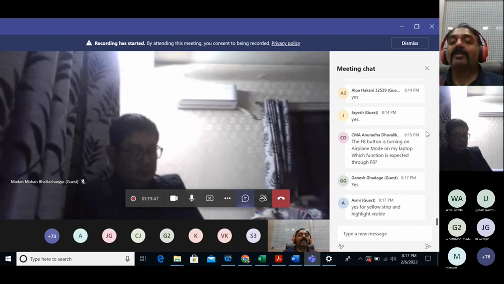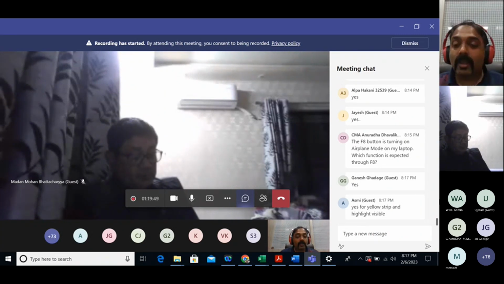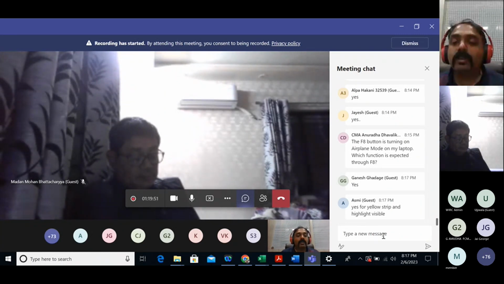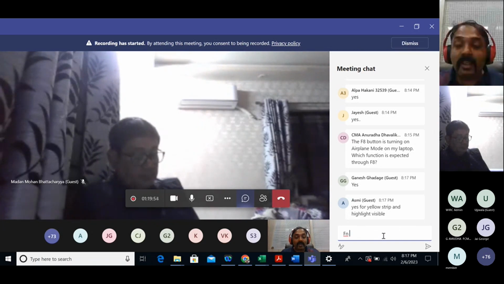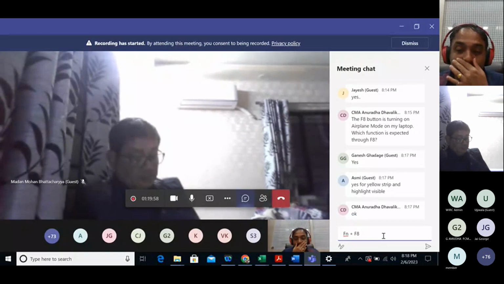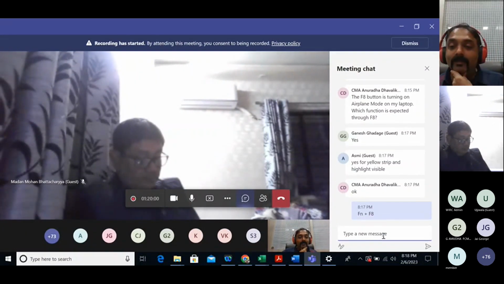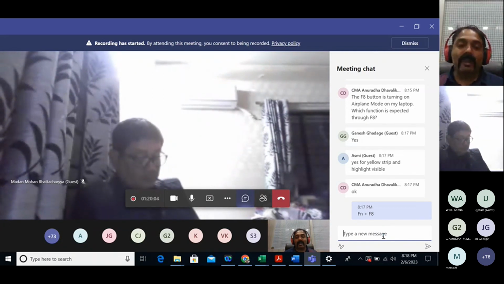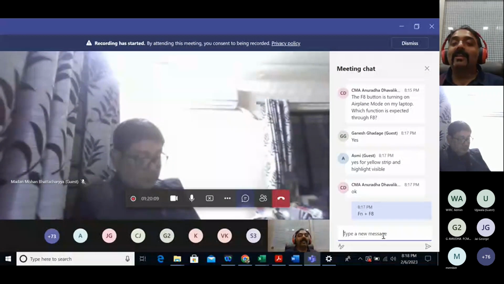So you can press FN and F8. You have a key called FN on your laptop somewhere, beside the control key on the left. While keeping FN pressed, you press F8. But that's frankly a little cumbersome